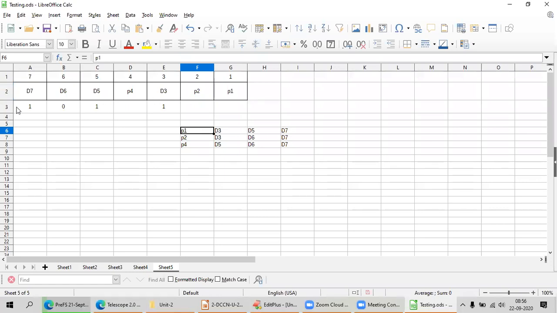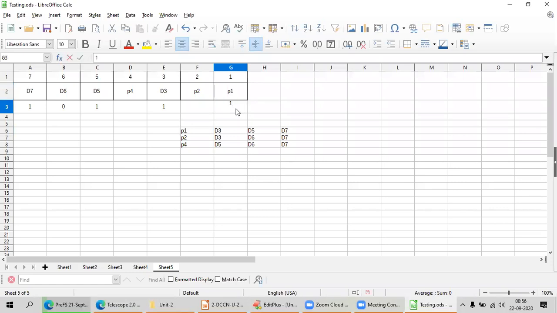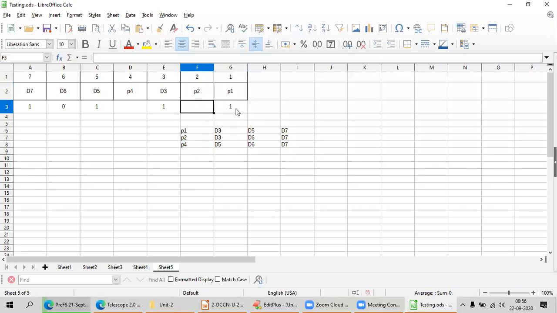Three are 1 bits, so I need to add an even parity bit 1. P2: what do I have to add? D3, D6 and D7: 1, 0, 1. I have to add 0 to make it even parity. Next, P4: D5, D6 and D7.